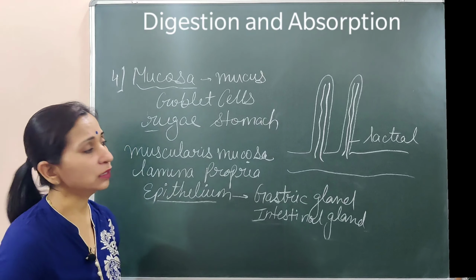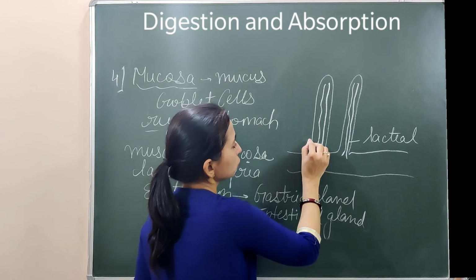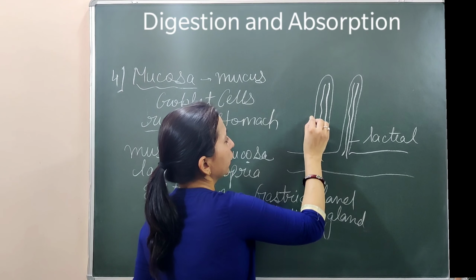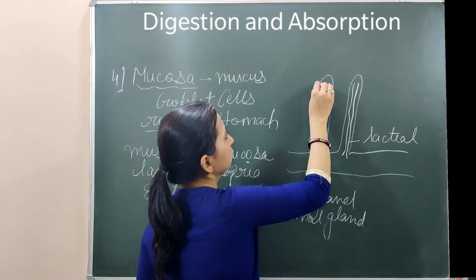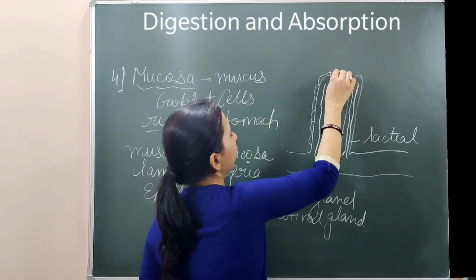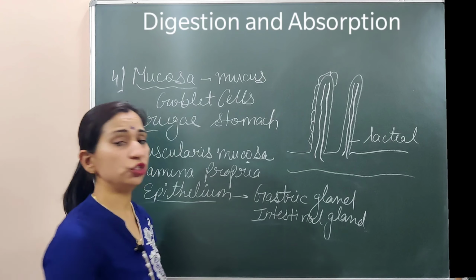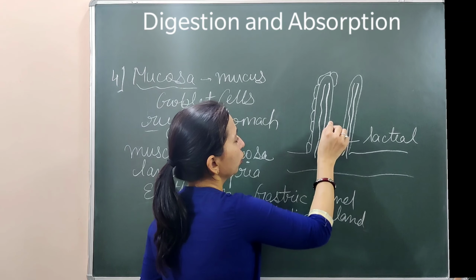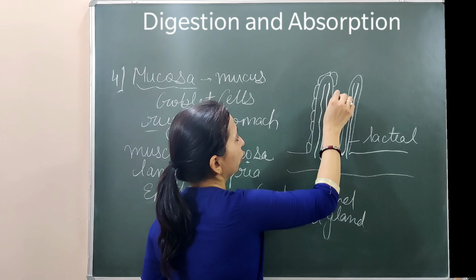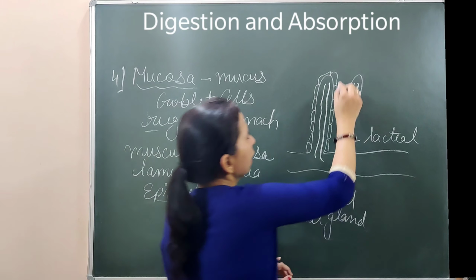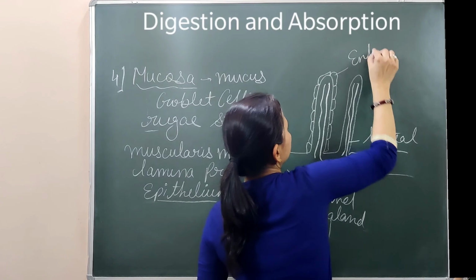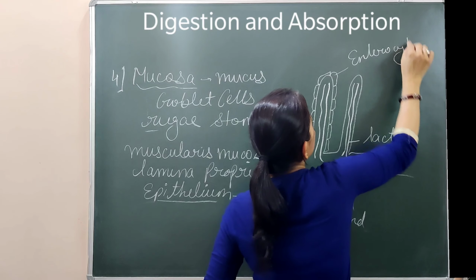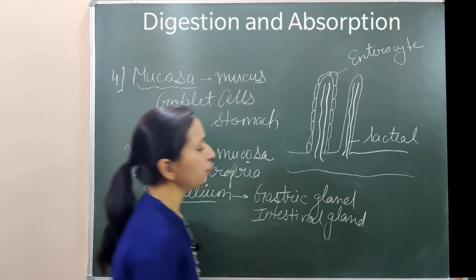In the villi, the cells which are lining the villi, जो villi को line कर रही हैं या cover करने का काम करती हैं, these cells are known as enterocytes. The cells which are making the lining around the villi are known as एंटेरोसाइट, these are the absorptive cells present here. इन्हें हम बोलते हैं एंटेरोसाइट्स. So here the enterocytes are present which are covering the villi.